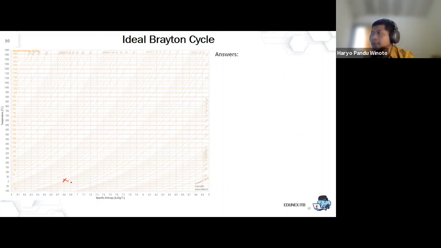And then what? We compress it isentropically, so we will go to P2. The P2 here is at 10, so this one is 10. You can zoom it by yourself. Sorry, I couldn't find a better graph here, so it's going to be around here. Okay, let's check the T2. What is the T2 when we increase the pressure, or compress it? Just T2S here.